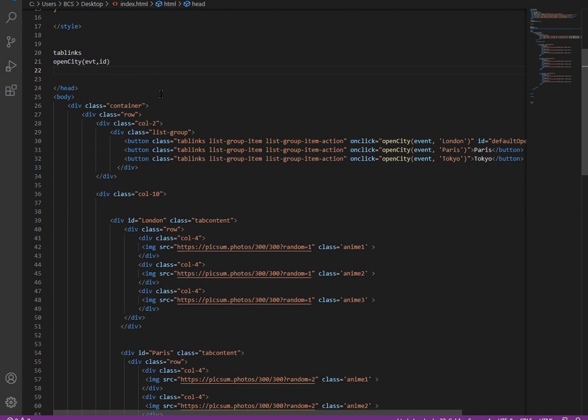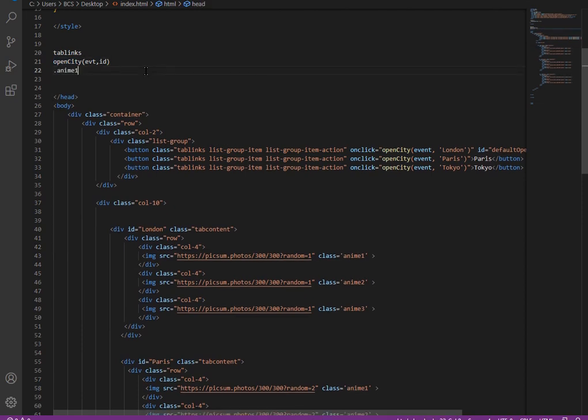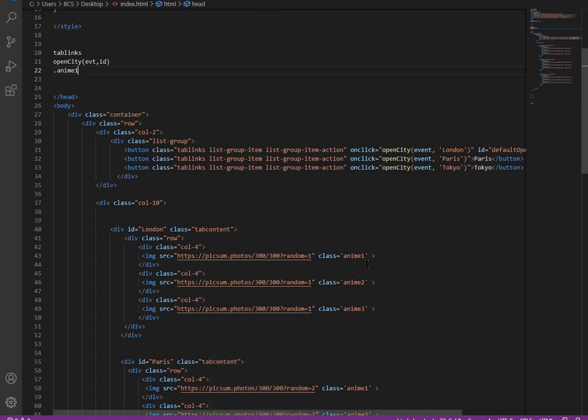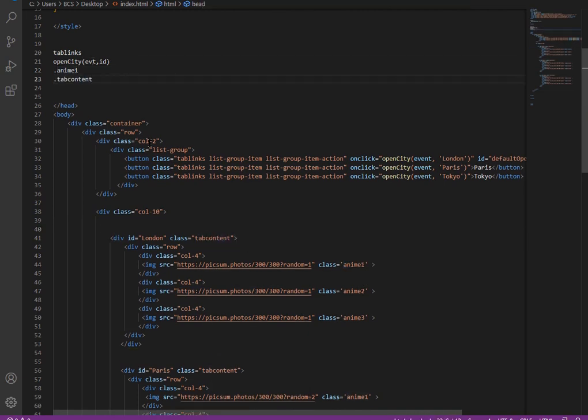And if you see, we have the class anime. This will help you to animate, and I have not shown the anime class on the project, but we will work on it now. We have the main div which holds the tab, and inside the tab we have a row. These two classes are going to play a huge role in our JavaScript. So tab and row, and then we have the animate class.